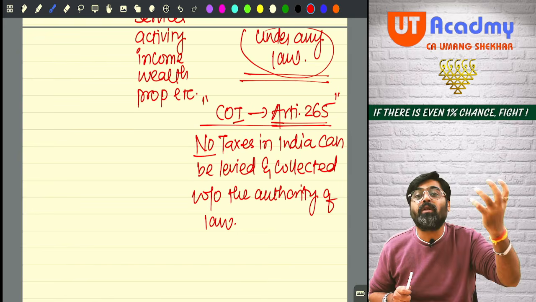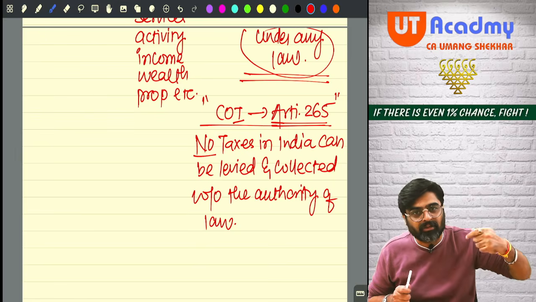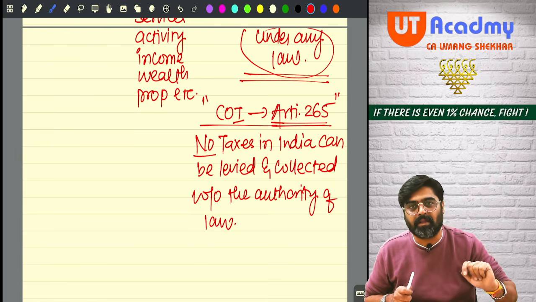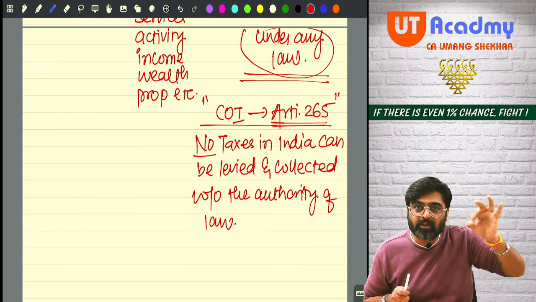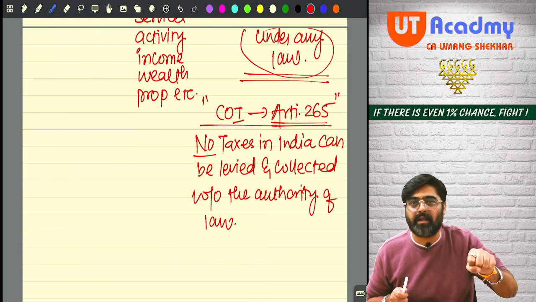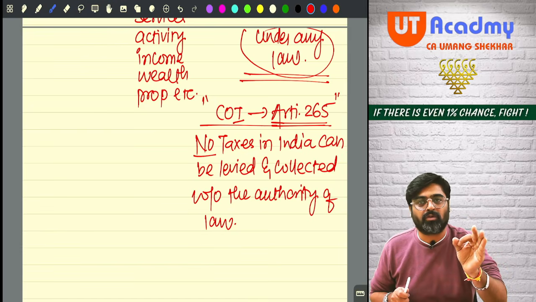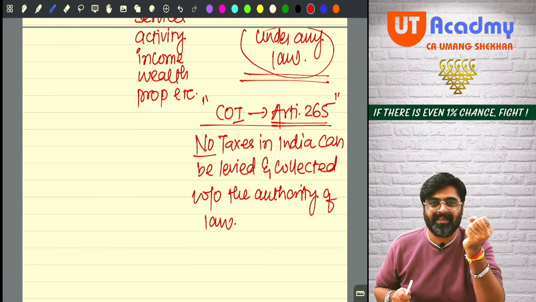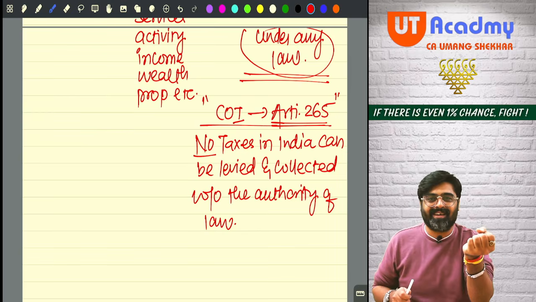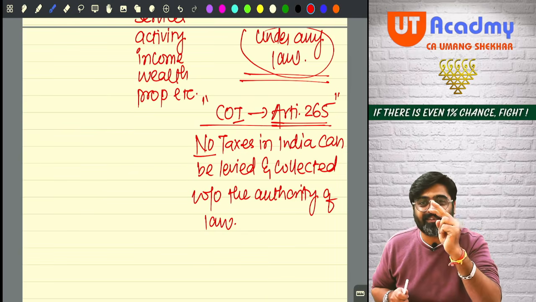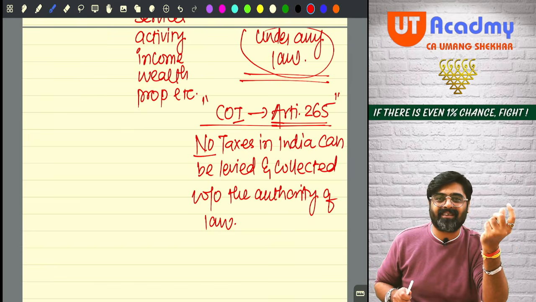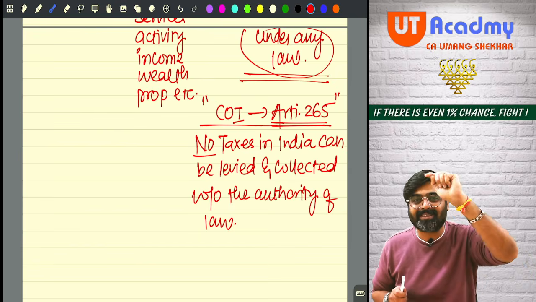The government will be earning its revenue from many sources. But out of all the sources where the government is earning money, the major source of income comes from the collection of taxes. And those taxes are collected in two ways. One is the direct way of collecting taxes. Those types of taxes are known as direct taxes.